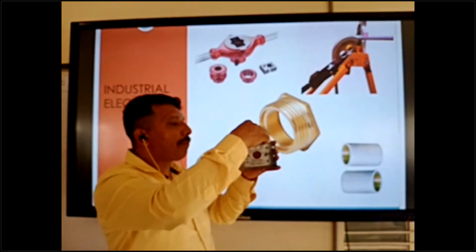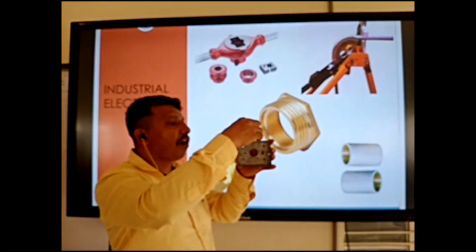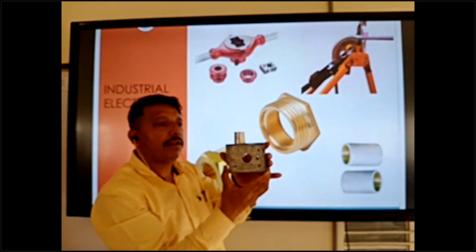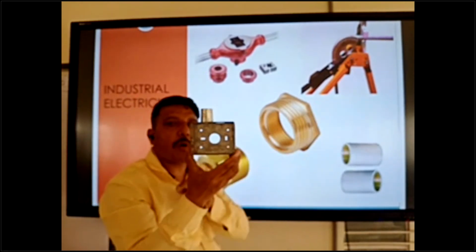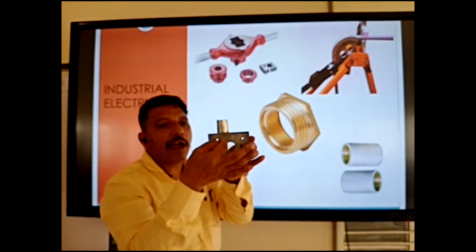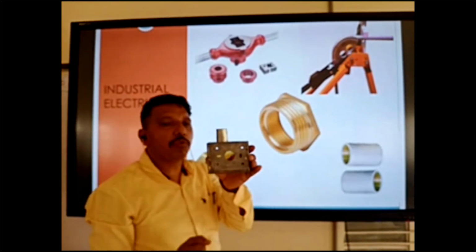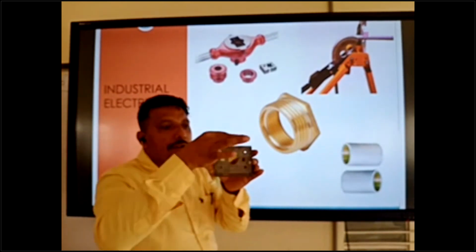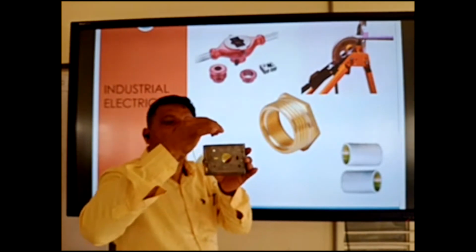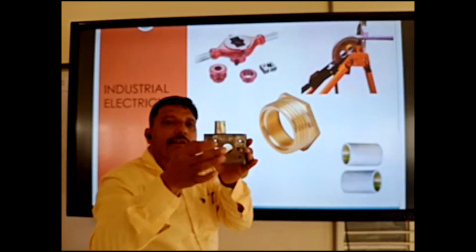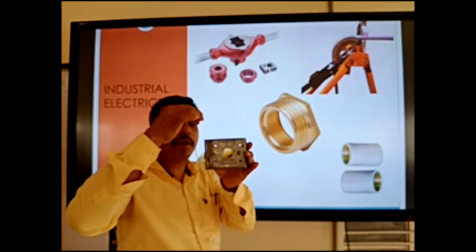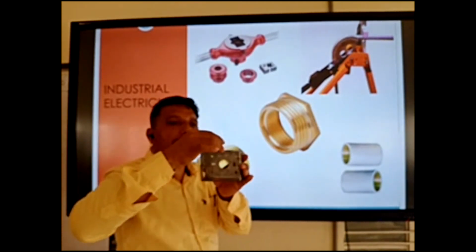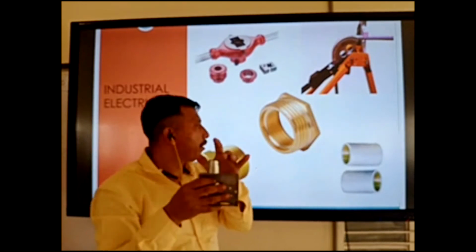So in a switch dropping system, offside the coupler is coming. This is the coupler. This is the switch box. So downside we can use the male bush. This is for tightening purpose. If we tighten like that, the pipe is not moving. Pipe is not moving. Okay, this is not moving.